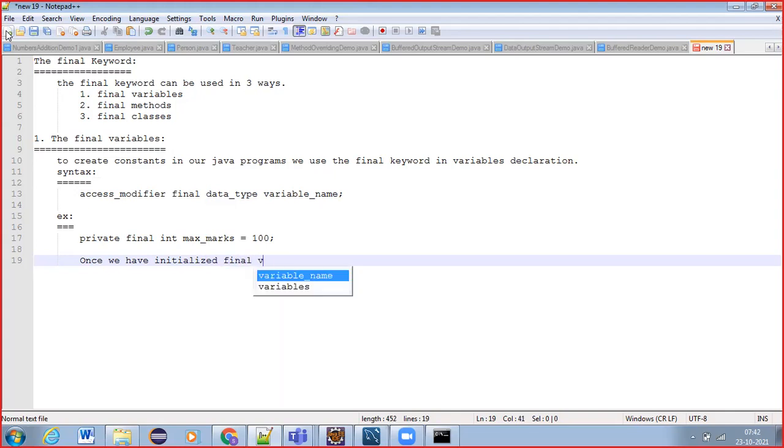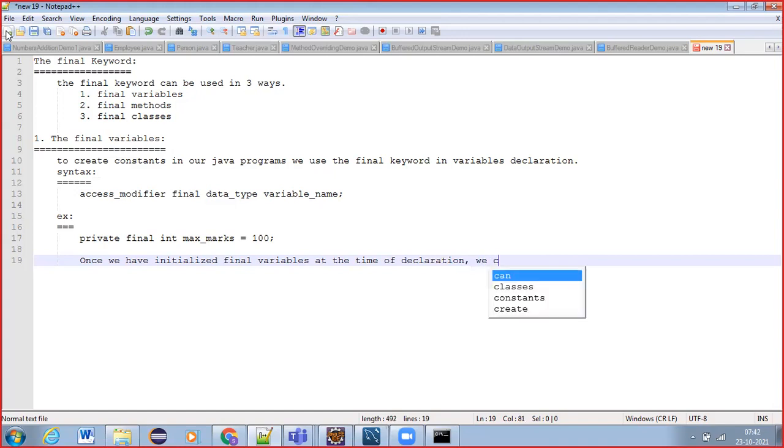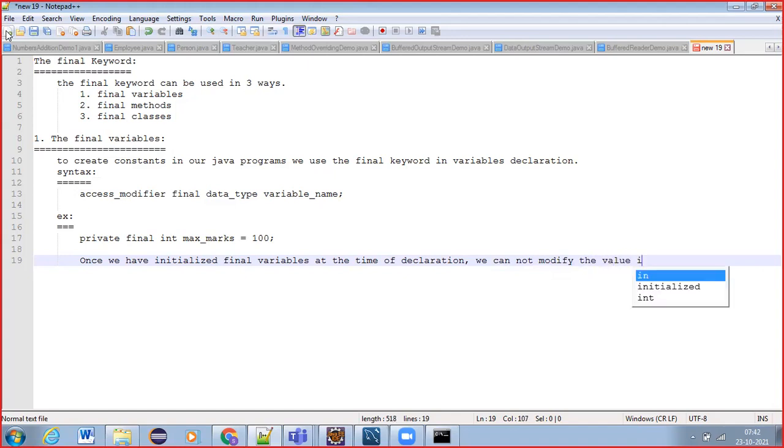Final variables have to be initialized at the time of declaration itself. We cannot modify the value in the final variables.